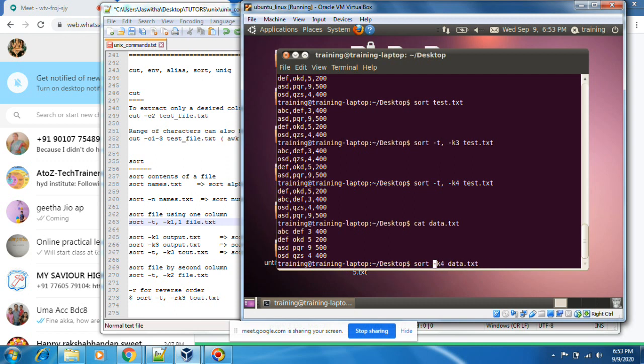Hyphen t is by default the space option, so it will sort automatically. Even if you want to give hyphen t, you can use it. Just give a simple space like this, and it should work.